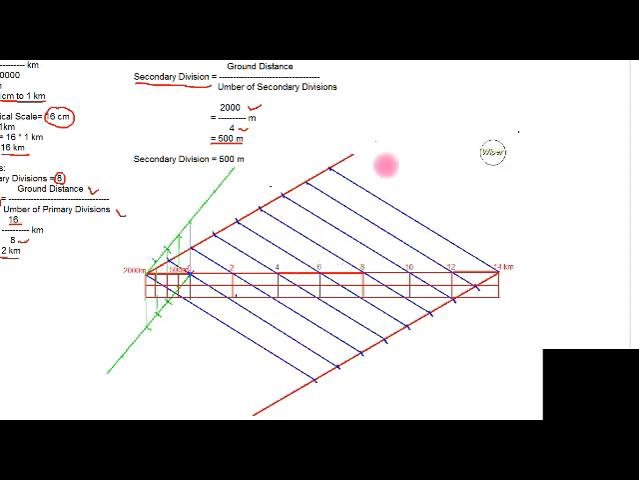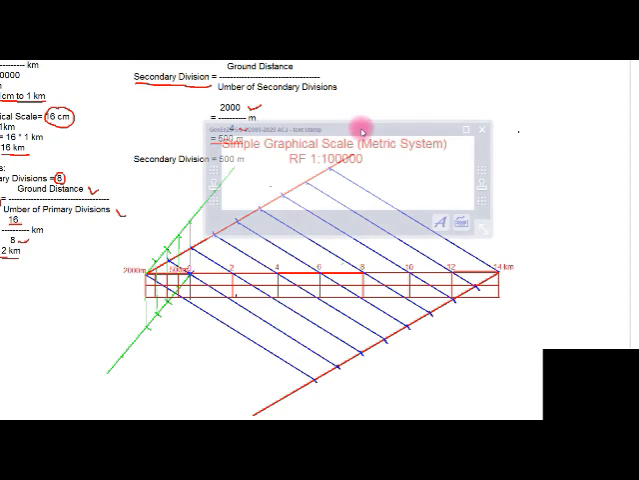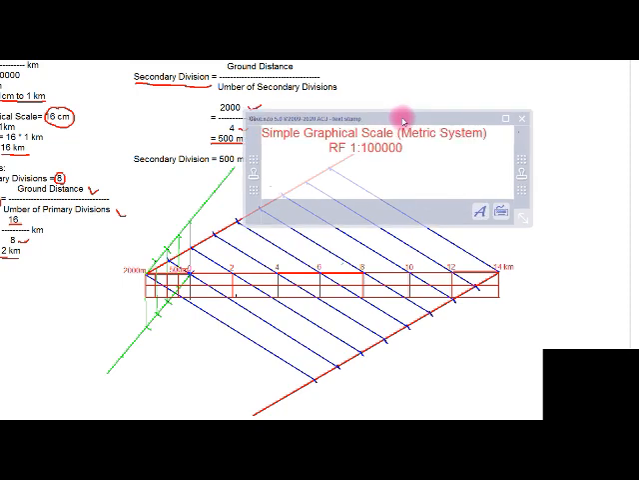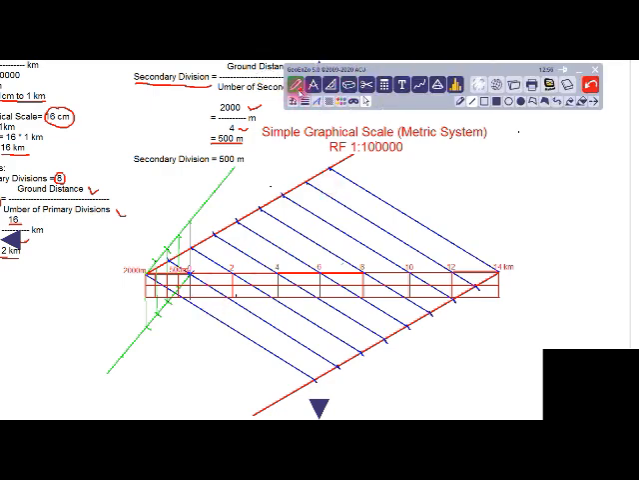Okay, so only the title remains, and once you give the title, your task is over. Okay, so the title which we have already typed here is the simple graphical scale. And that's it. So in this way you have to prepare it, and this much is enough, but one thing we can do even more to make it accurate,